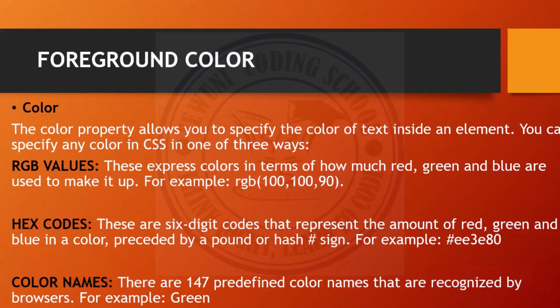You can do research and then actually see the various color names. So I'm going to my text editor. I'm going to express foreground color using the RGB, using the hex code, and using the color names together. Okay, so that I will explain how to use any of them. You look for the best that suits you, that's easier for you, and then you can use it to specify